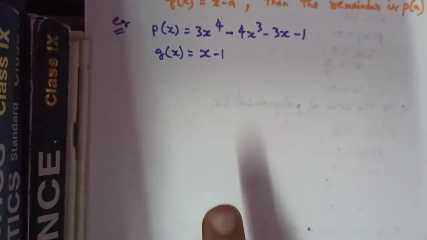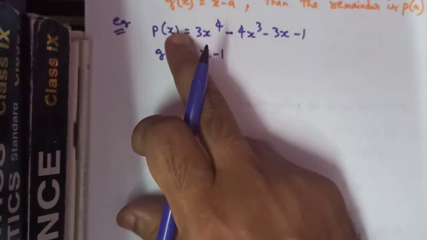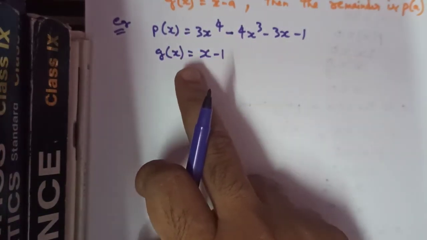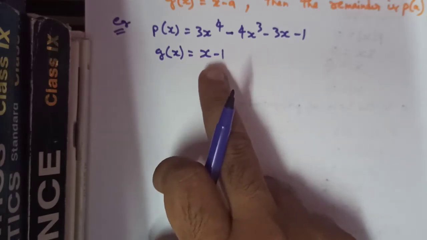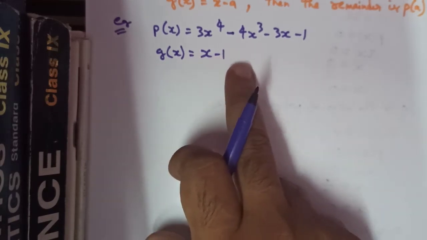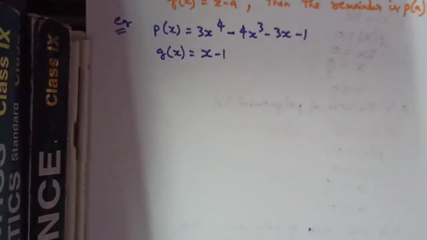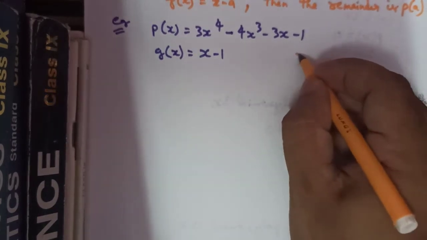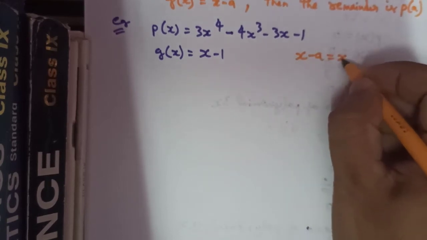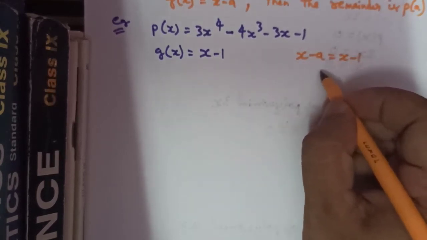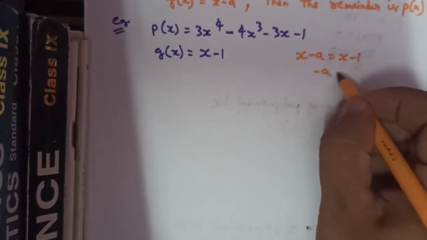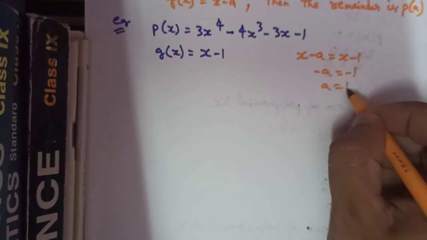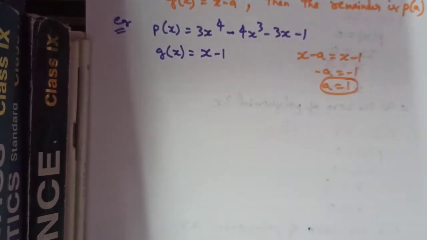So first condition satisfied. Second condition is that this polynomial is divided by another polynomial g(x), that will be x minus a. So x minus a, here I have taken x minus 1. So what will be the value of a here? So you can clearly see here that the g(x) I have told you is equal to x minus a. So x minus a can be compared as x minus 1. So the value of a is what? x and x will cancel out, minus a will be equal to minus 1, that means a equals 1. So the value of a is equal to 1, that means a is what? It is a real number. So second condition is also satisfied.